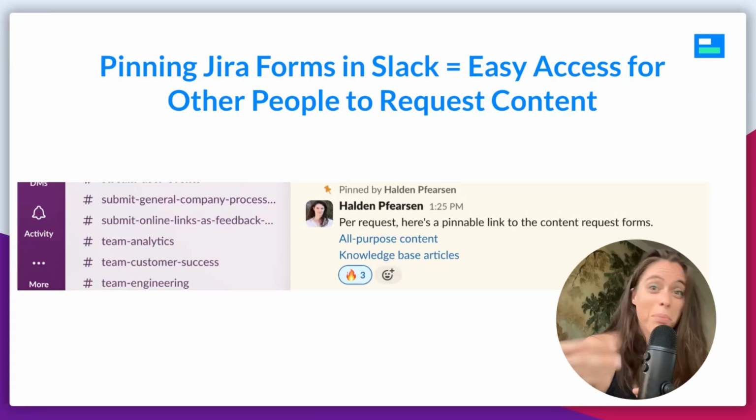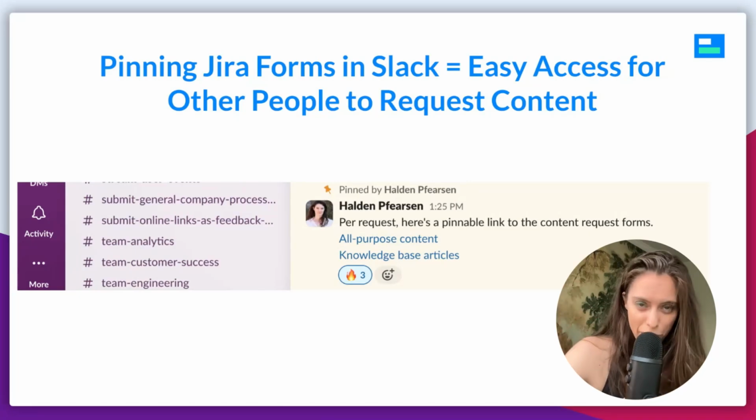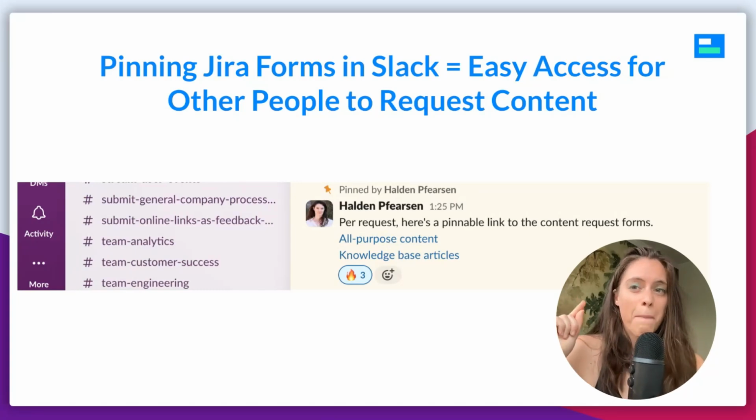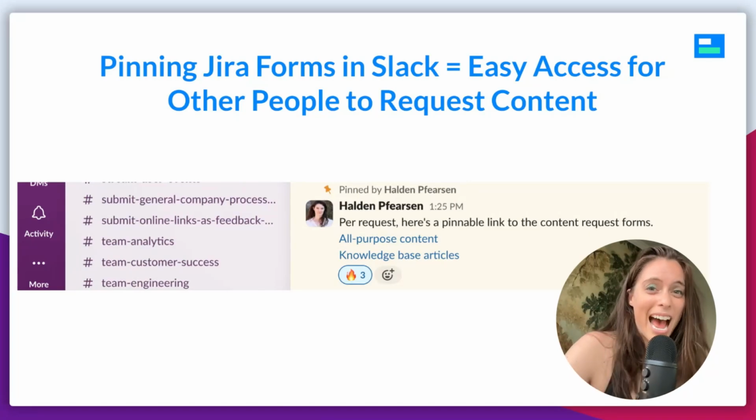And so it kind of is a polite way of getting that person to abide by our process and avoid this kind of communication drip that oftentimes happens on platforms like Slack. So I highly recommend, once you make these forms, pinning them to channels where people are going to come in and asking for these ad hoc